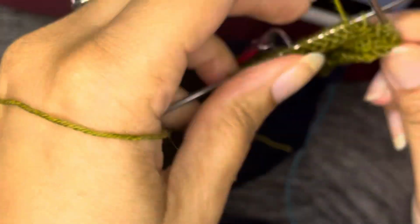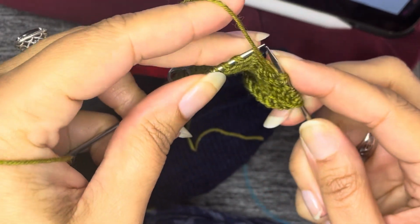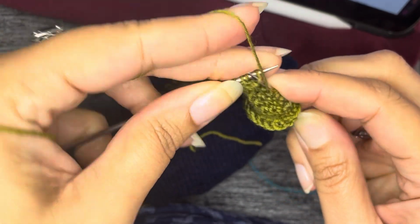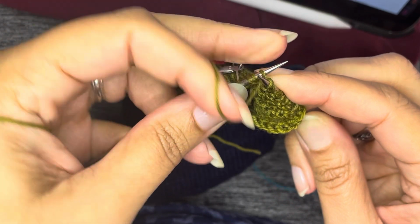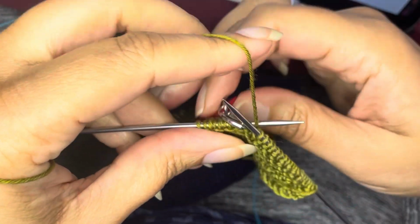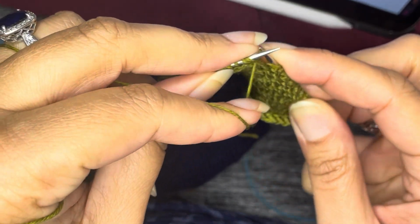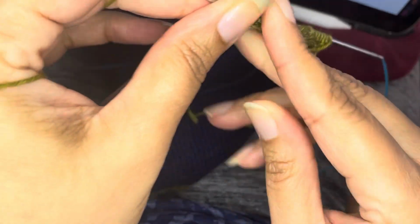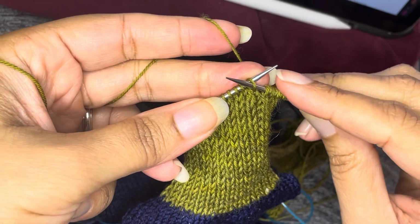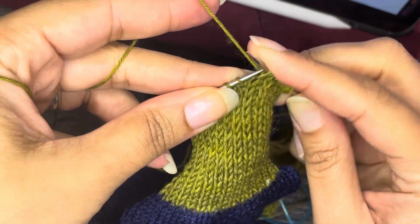Now I'm going to turn and slip the first stitch and purl to the last remaining marker. Okay, I won't need this one. Now I'm going to purl 2 stitches together, purl 1 more stitch, and turn. And I'm going to do the standard short row method moving forward, meaning slip the first stitch, knit, slip, knit, slip,